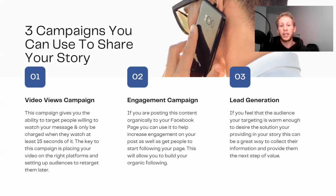Second would be an engagement campaign. Now, these are really beneficial, especially if you're trying to drive people to engage with your Facebook page and like your Facebook page so that you can continue to post this content not only in ad form, but also organically on your page so that it's there and reaching people organically without having to pay for it, which is going to help over time cultivate a following that is going to be easier to drive over to your solution,